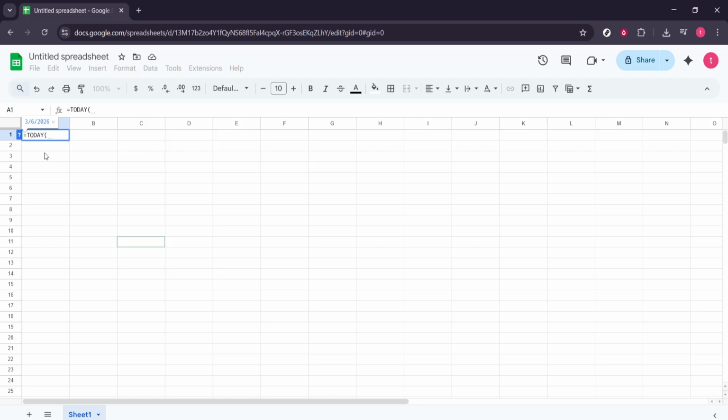Press Enter to confirm. The cell will immediately display the current date. From now on, each time you open the spreadsheet or it recalculates, that date will update to reflect the new day automatically. This is perfect for dashboards, logs, or any sheet where you want today's date without having to type